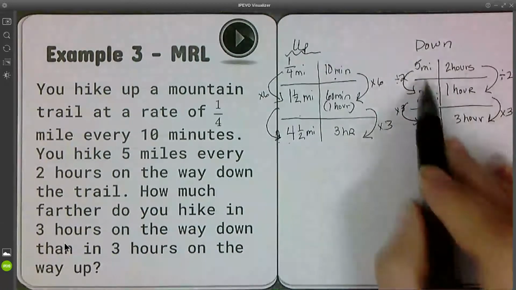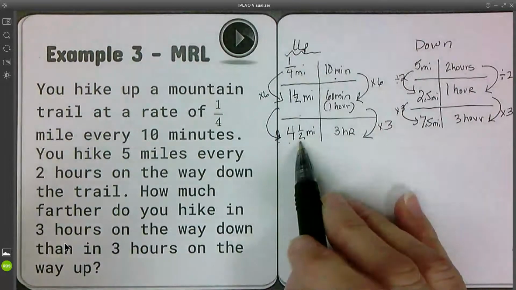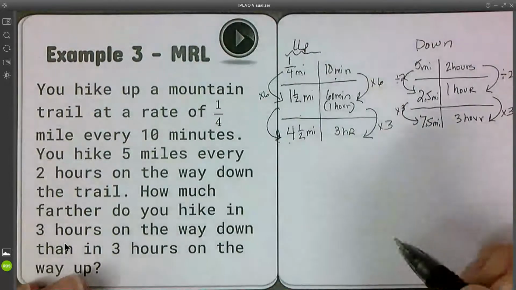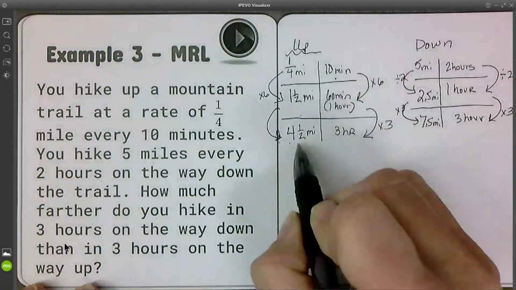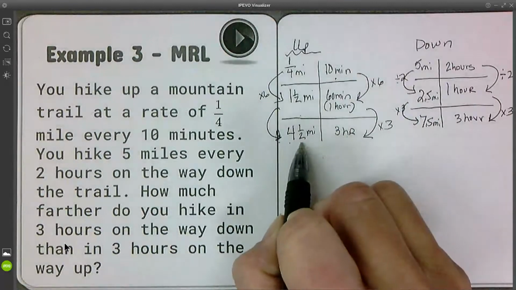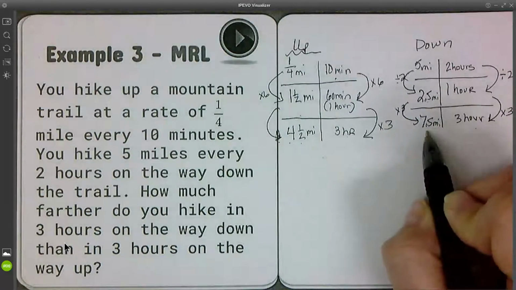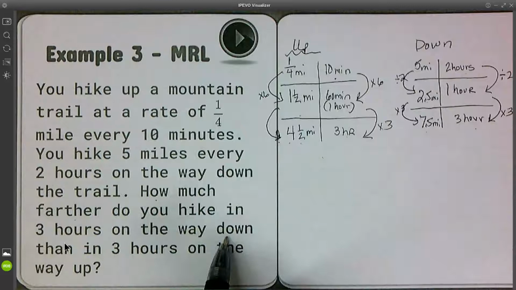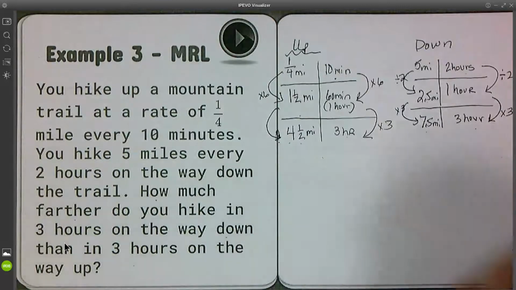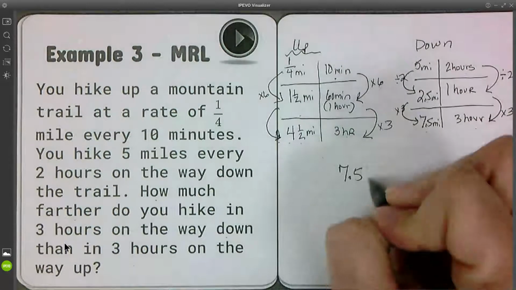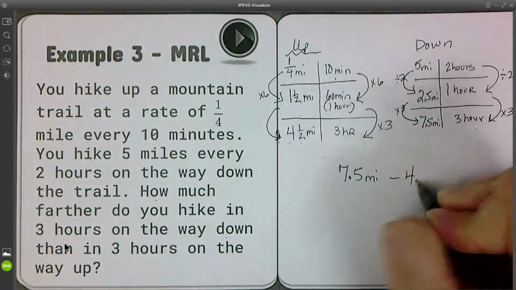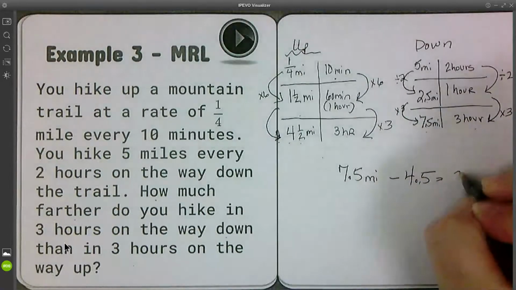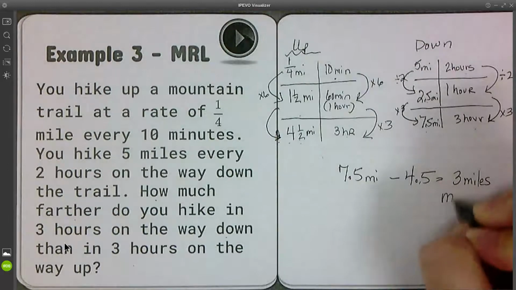And again, I'm using decimals on this side and fractions on this side, but either way, it's the same thing. 1/2 is 0.5 and vice versa. So now I know that going up the mountain, in 3 hours, I can cover 4.5 miles. And going down in 3 hours, I cover 7.5 miles. So to find out how much farther I hike in 3 hours on the way down than in 3 hours on the way up, I'm going to subtract. So I'm going to do 7.5 miles covered going down minus the 4.5. Again, a fraction of a half is the same as 0.5. It tells me that I cover 3 miles more